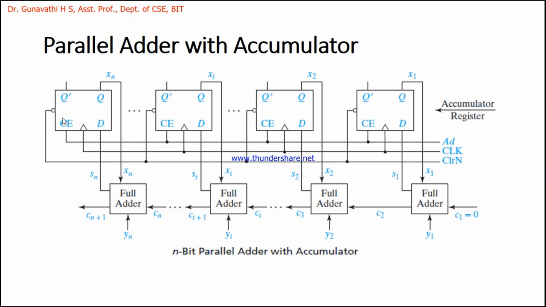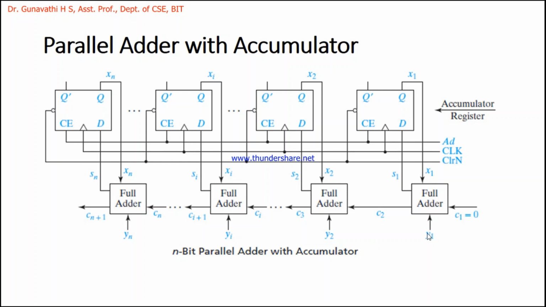It's an n-bit design, so n number of flip-flops. It's a D flip-flop here. Already we have data in this accumulator. Suppose we consider some data for this, like 0, 1, something like that. And one more data we are additionally providing, because that has to be added with this data, right? So these n-bit data are already inside the register.